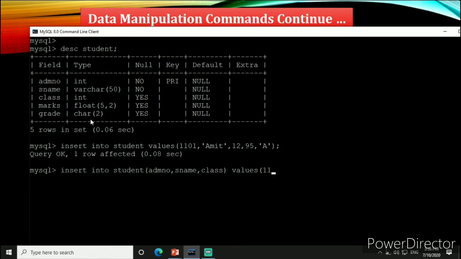So admission number is 1102. The name must be enclosed in single quotes or double quotes. Also the name Akash, and class is 11.